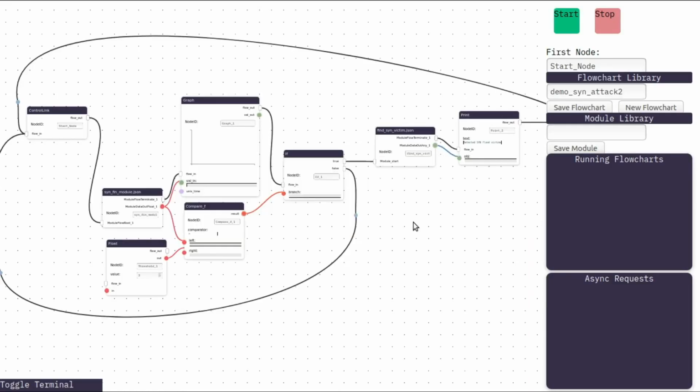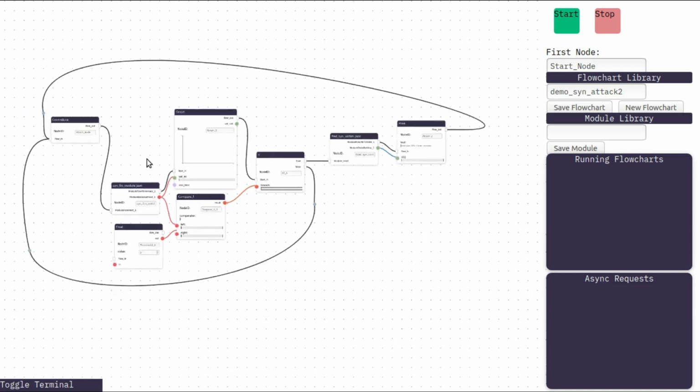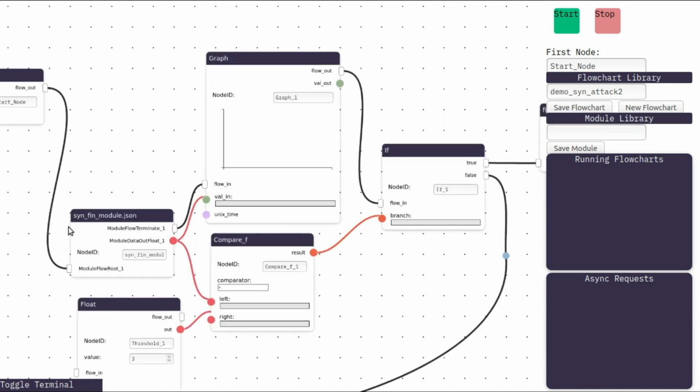So our graphic user interface runs in a web browser. It looks something like this. As you can see, we have a number of nodes, connected by these heavy black wires which transfer control between nodes, and the colored wires are transferring data between nodes. On the left we have this SYN-FIN module, which is computing this SYN-FIN packet ratio,